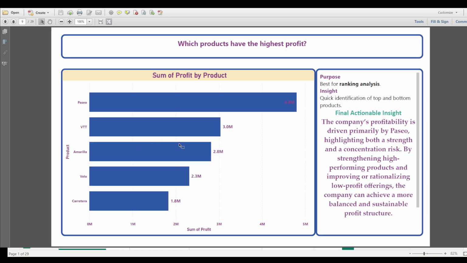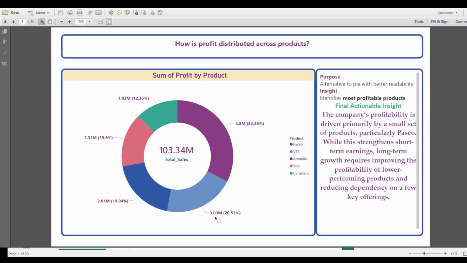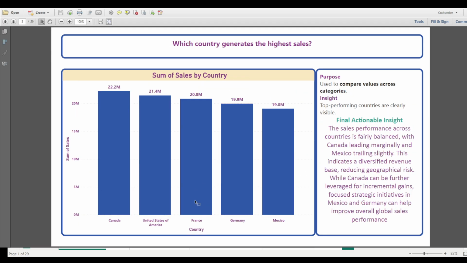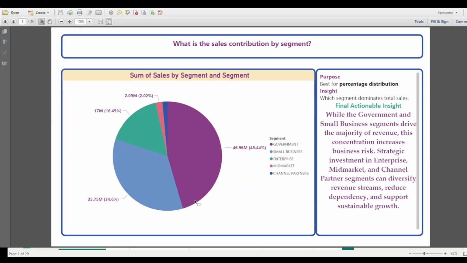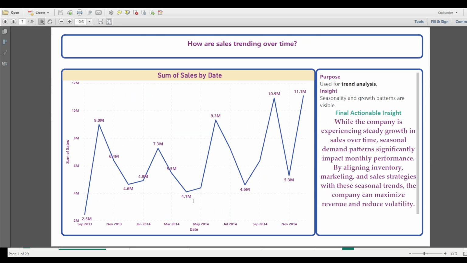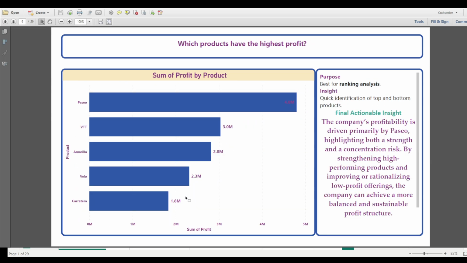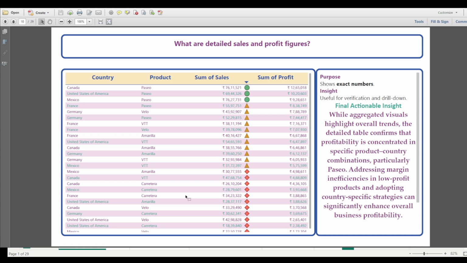This is a bar chart. That was a column chart. This is a bar chart. This bar chart is also used to show comparison. So we are showing the product-wise profit, right? Earlier we showed product-wise sales. So here we have used a column chart. Either we can use a column chart, or a stacked column chart, or a bar chart. All are to compare the values, right? For comparison we use that.